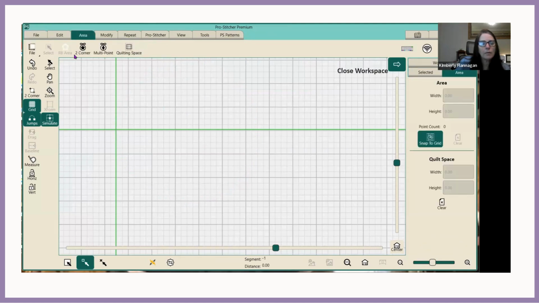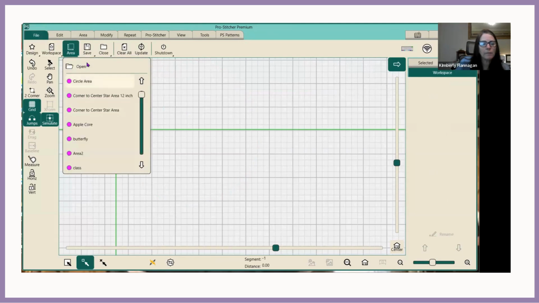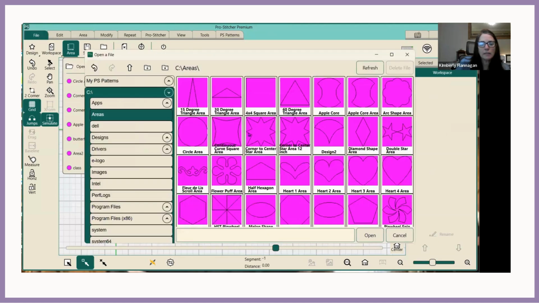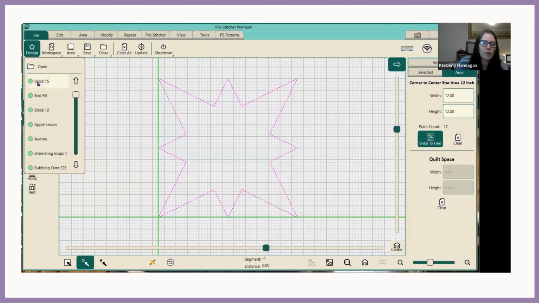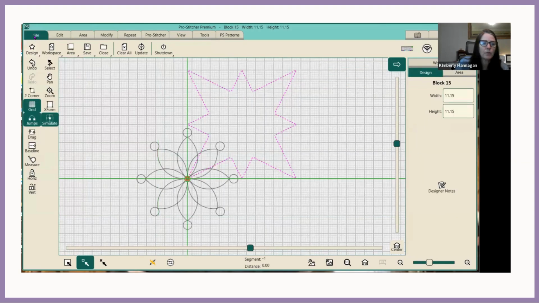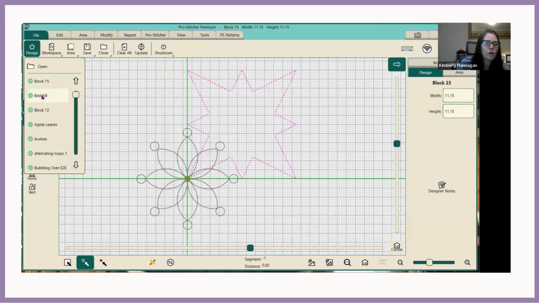What if I came in here and selected a different area? What if I selected, say, I call these my cartoon shabams, is what I've always called them. But I now have a point count of 17. All of your shapes have various point counts in them. And the average person using Pro Stitcher doesn't know or need to know about it. It's basically design points. So let's go back over here and open up a few designs and bring them back in so I can point out the last thing on your